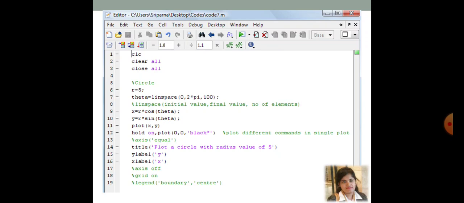So the center is obviously 0 0, so the x axis value is 0 and the y axis value is 0. To make it black, within single quotation marks I have written black, then star. So whatever you plot now, plot it in black color using the star marker. Now you have an obvious question: what will be the color of the plot generated in line number 11? Yeah, that will be generated in blue color. So blue is the default color for generating any plot in MATLAB.